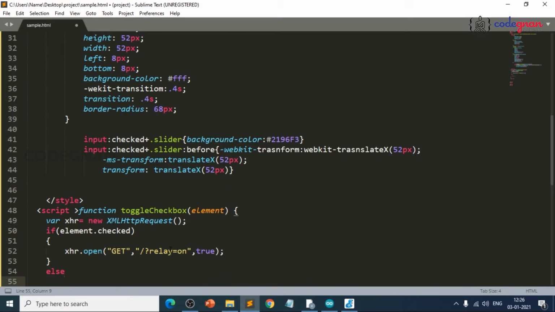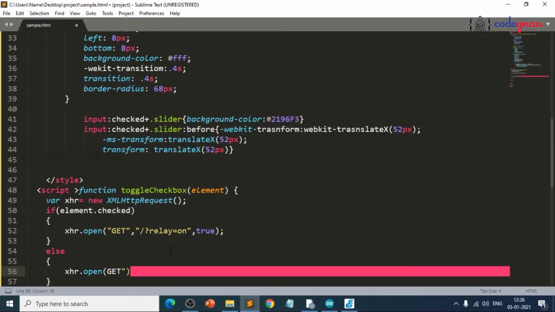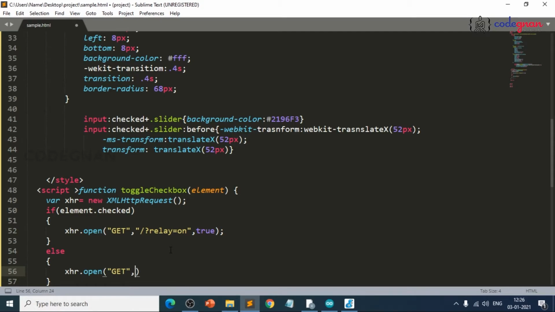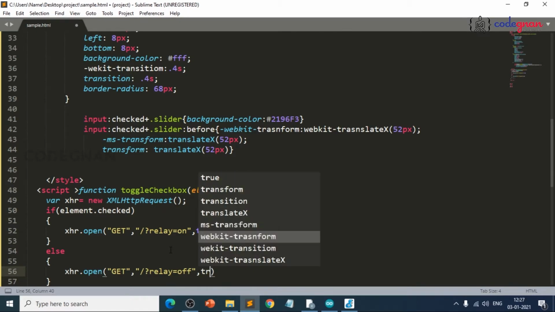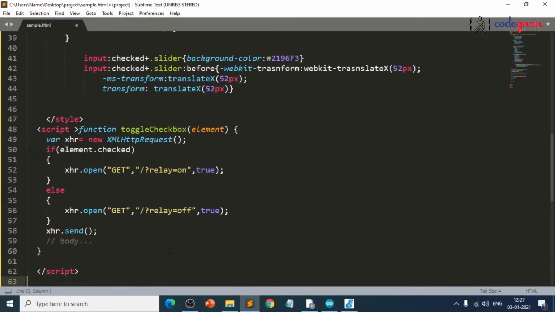Else xhr.open of GET, it should be in double quotations, comma, relay equals off, comma true, and close this one, and xhr.send. Yeah, now we have written JavaScript here in head.